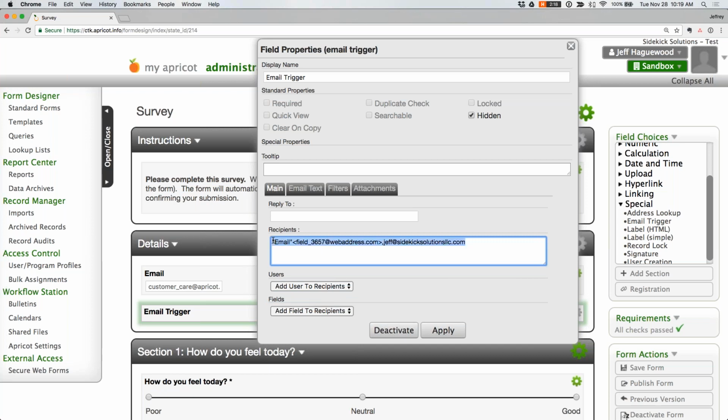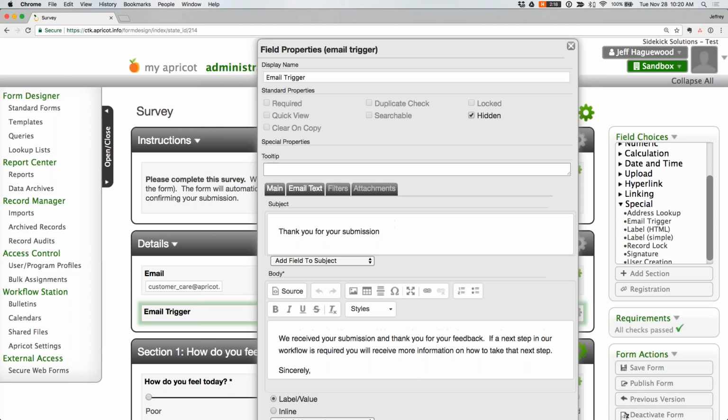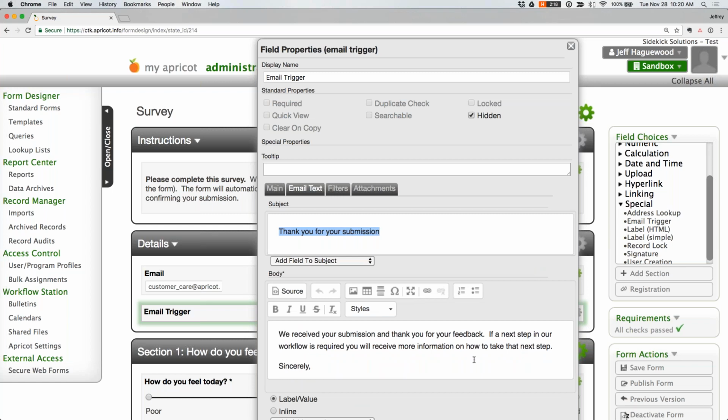So whether you're notifying the web form user themselves or you're notifying someone internal, you can dynamically populate the recipients of an email trigger based on the submission, which is helpful because then you're not set on a particular email trigger type. Once you've set the recipients, you can add the subject line and you can add the body of